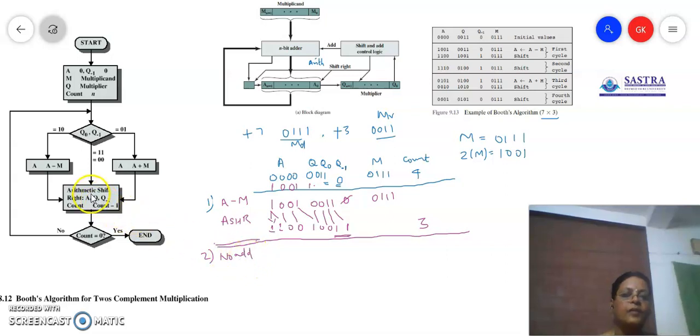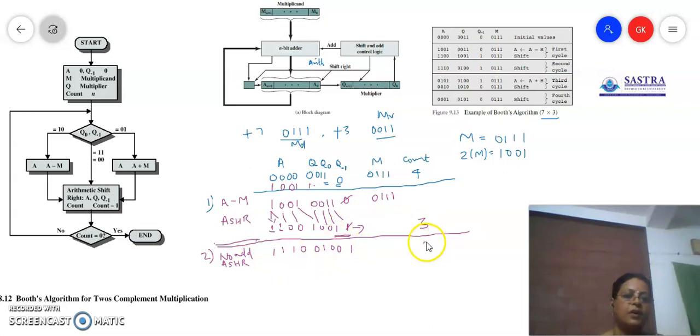And if we are not going to do add, of course we are going to do this arithmetic shift, right? Either you'll be subtracting or you'll be adding, or you won't do anything and then you come here. Okay, so without doing any add, you are going to do only arithmetic shift right of the previous product. So what will you be having? This one will be copied as such, then this one will be shifted. So 1 1 0, and this 0 will come here, 1 0 0, and this one will come here, and this one will go out. Okay, so you have done this one bit combination.